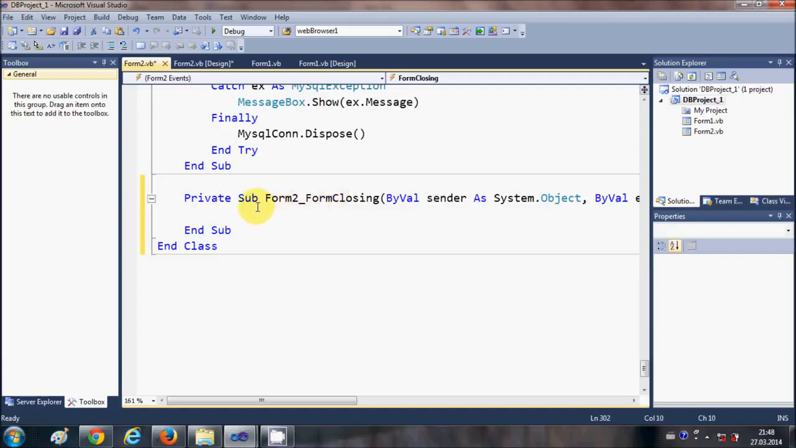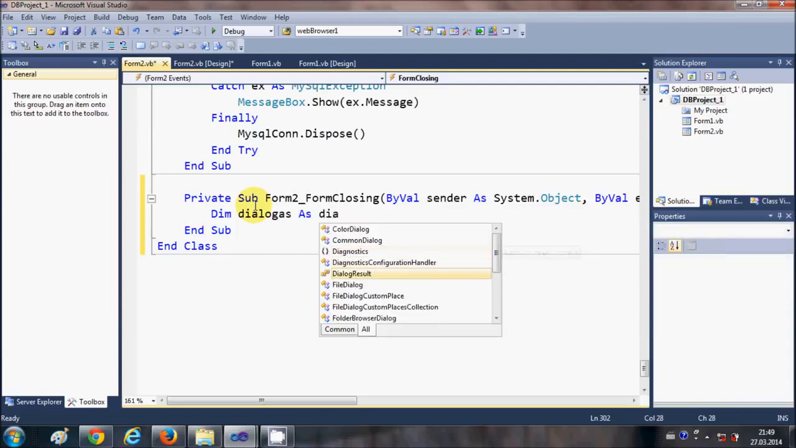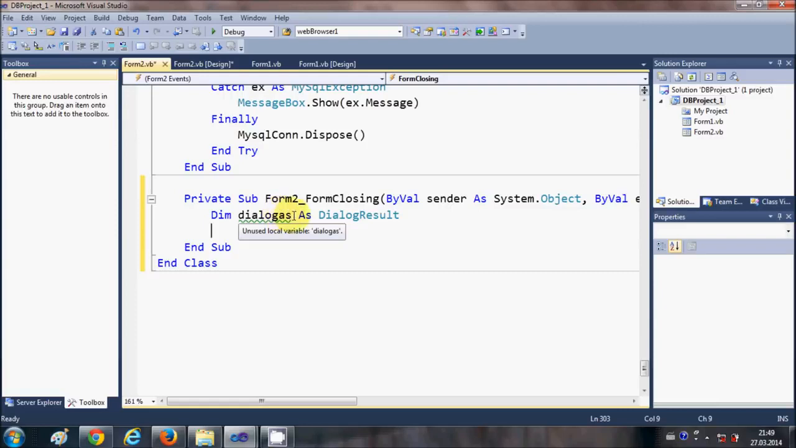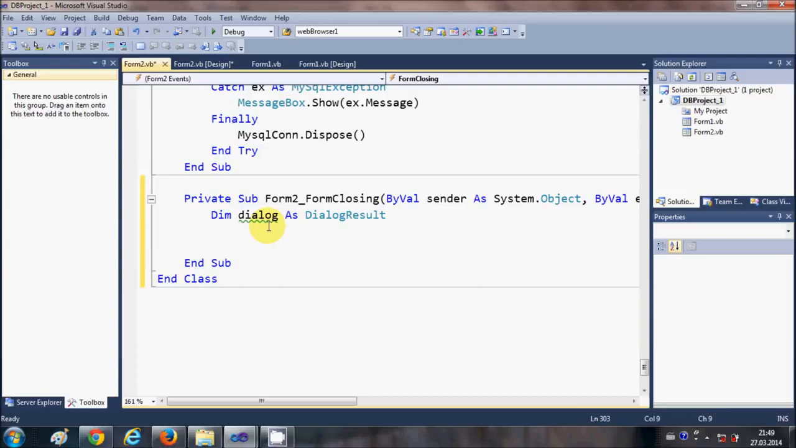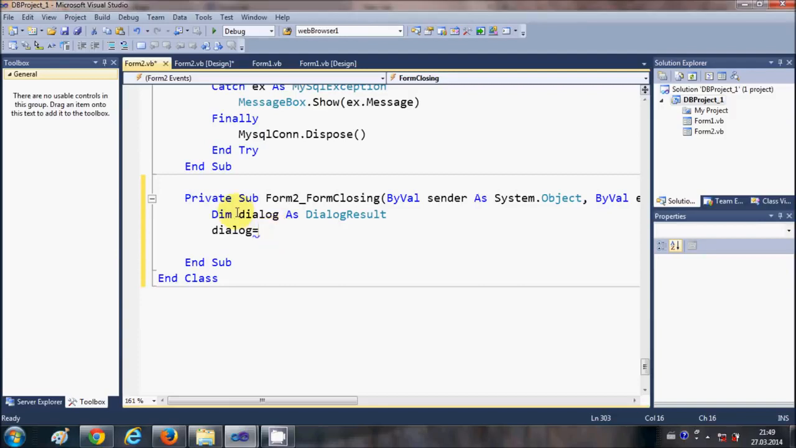So first of all, just declare a variable called dialog as DialogResult, and in the next line, I will copy my dialog variable and paste it here, and I will say dialog is equal to,